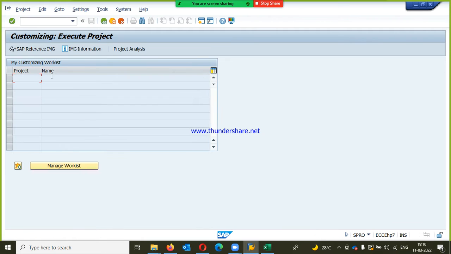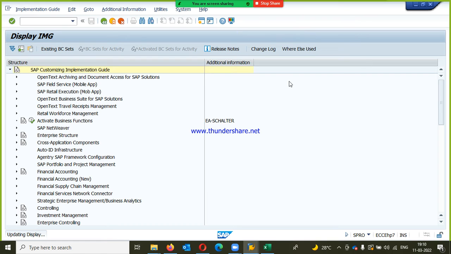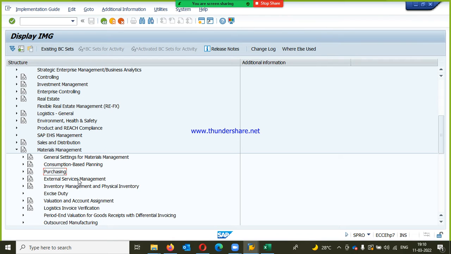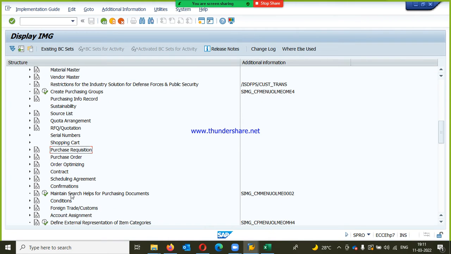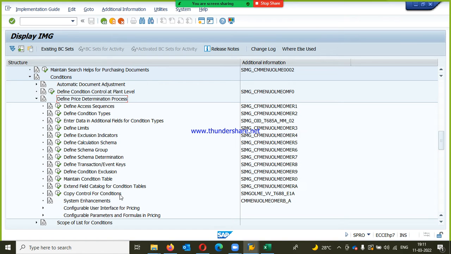Here, double click on SPRO, and go to Materials Management in IMG. Go to Purchasing, then Conditions. Define price determination process, and first I'll create the condition table. The condition table T code is MEK1 or maybe